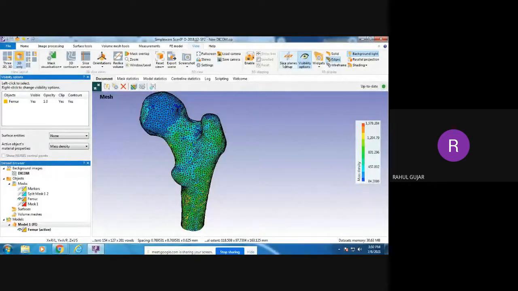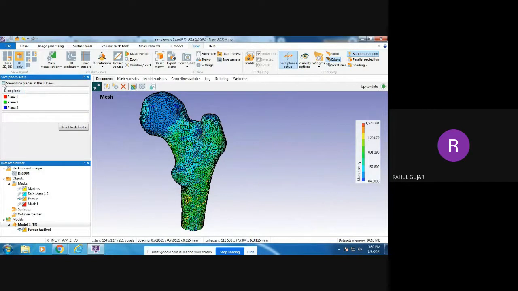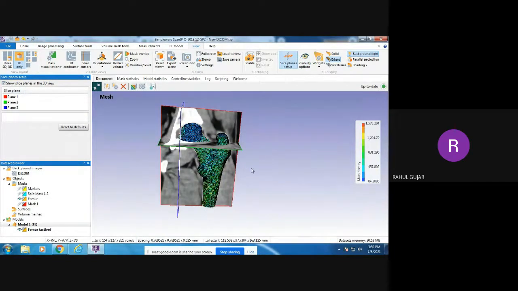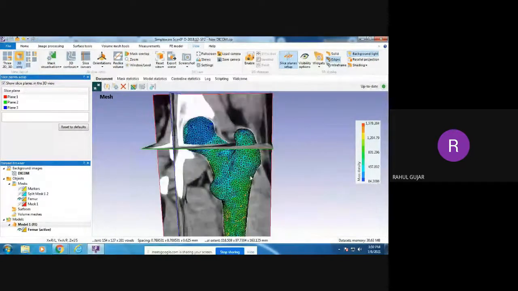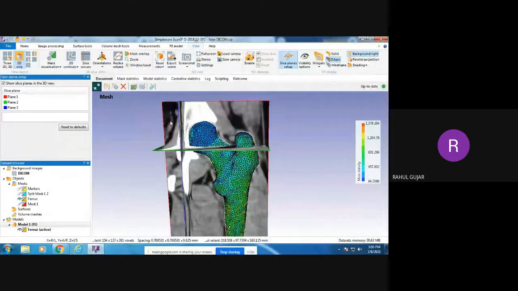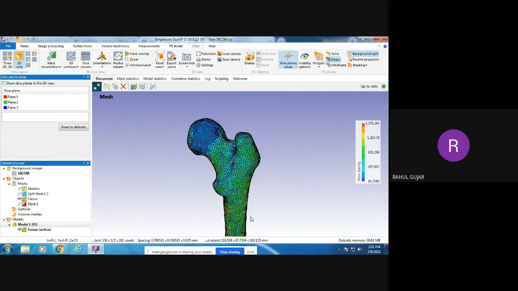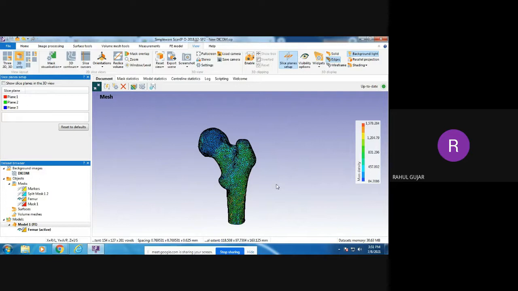After this, there are a number of other tools you can use, like the slice plane. In the slice plane, your bone is placed into the scan model which you have taken. Here you can place the implant and any other component inserted into the bone, and you can see whether it will fit appropriately or not. After inserting the component, if you want to see how it is inserted inside the bone, right click on the active mask and just decrease the opacity.